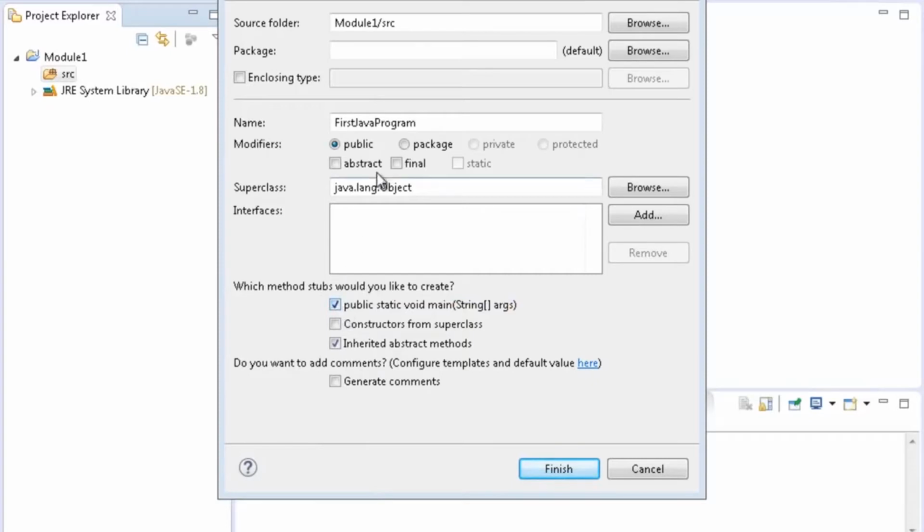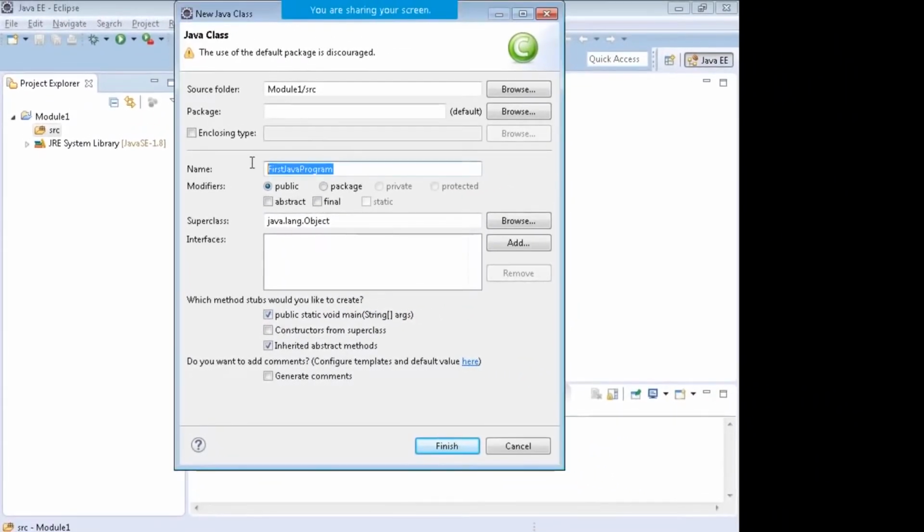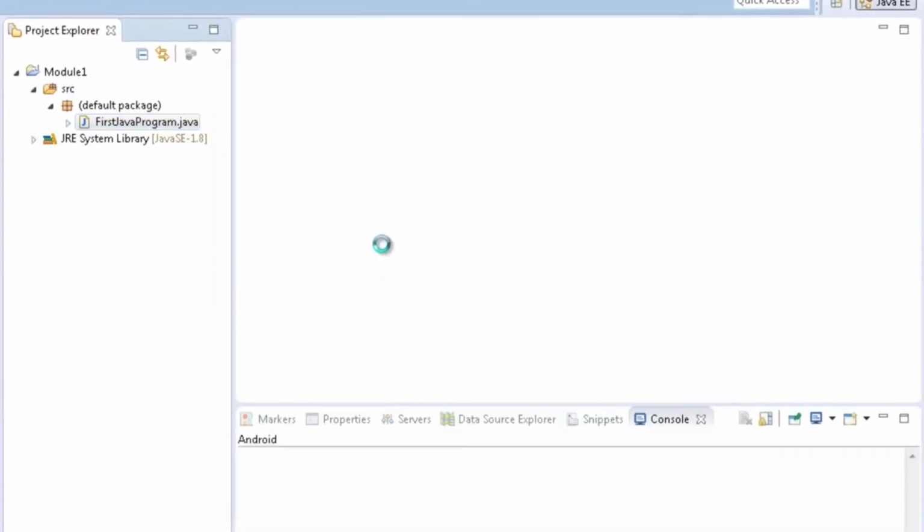Make sure that your Java file name does not start with a number. It can be an alphanumeric name, but numbers can come in the middle or the end, but not in the beginning. Alright, so you just click on finish and you will have the Java file generated.